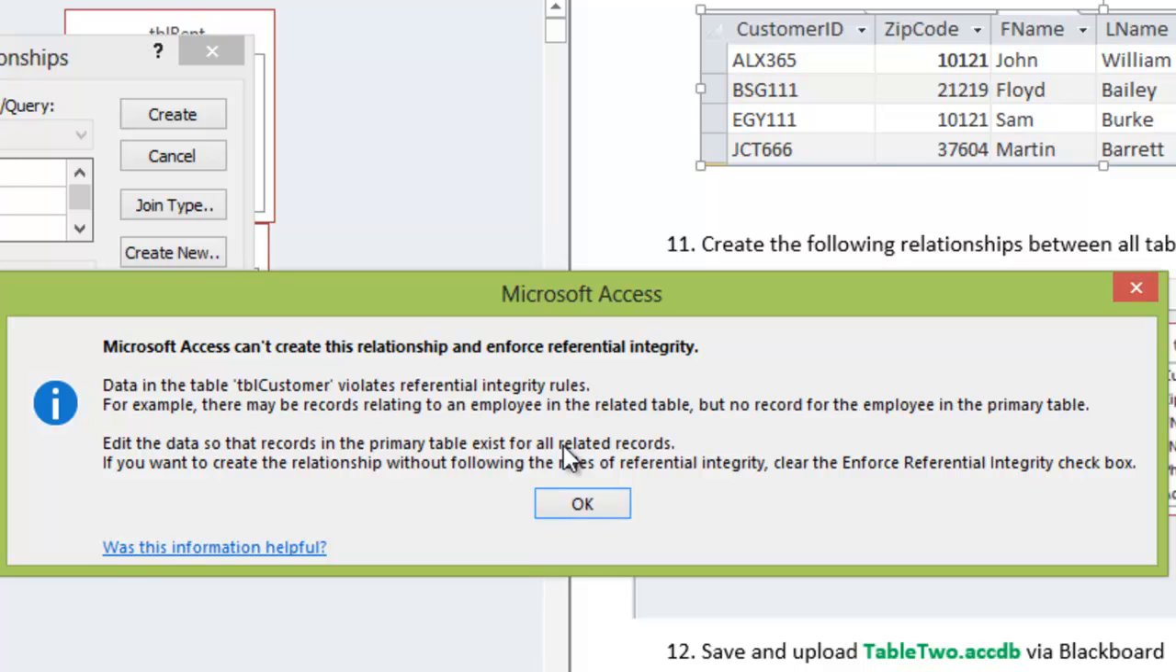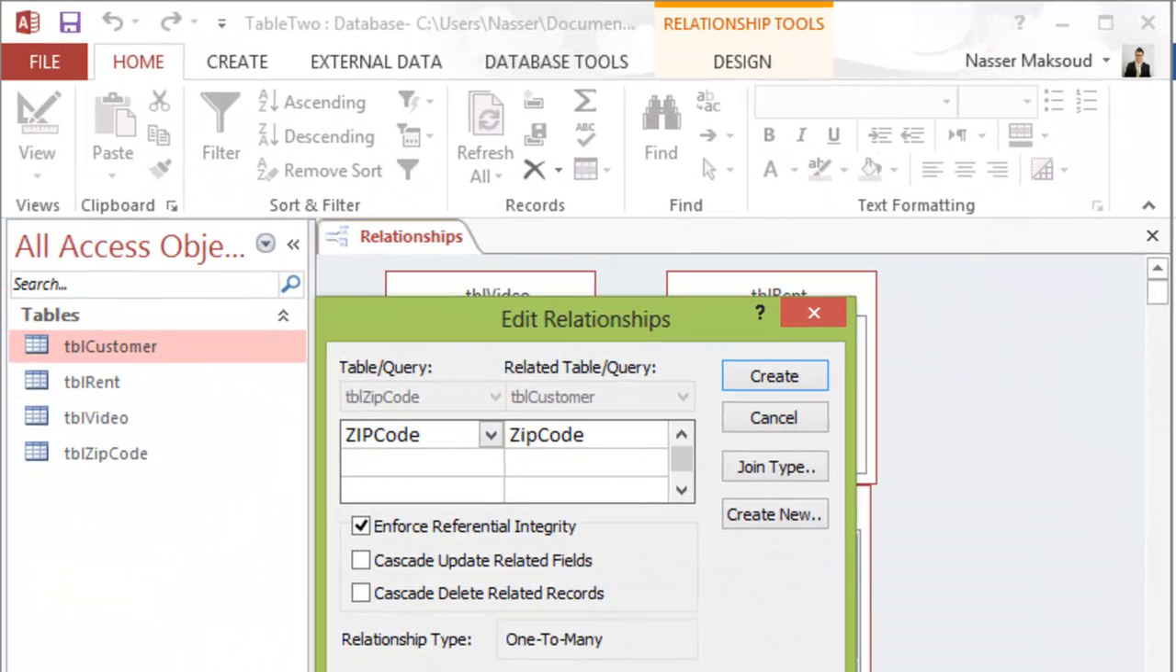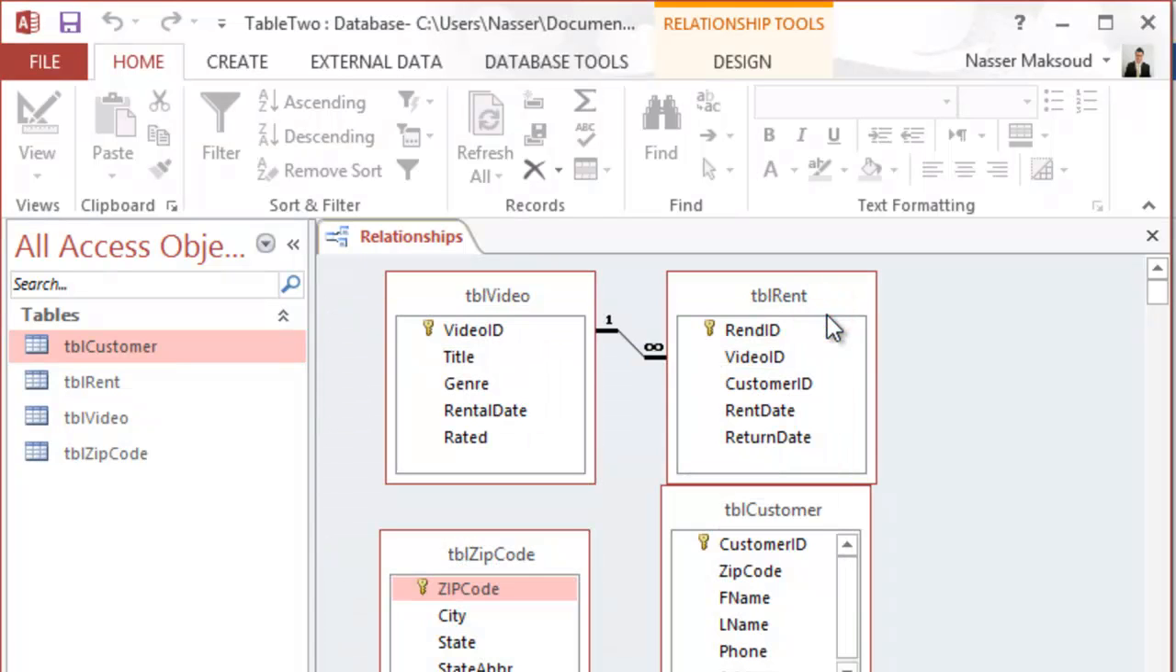It means that I have some zip codes in the table customer that don't exist in the table zip code. I'm pointing at something that does not exist. So I will go ahead and cancel here,